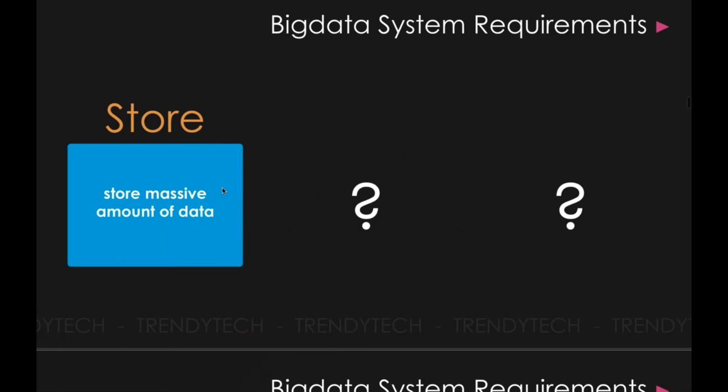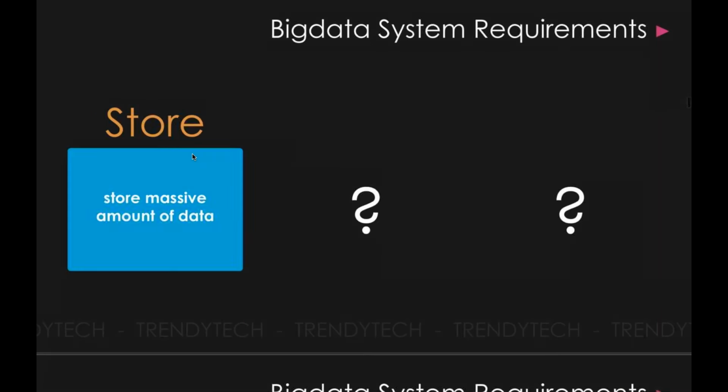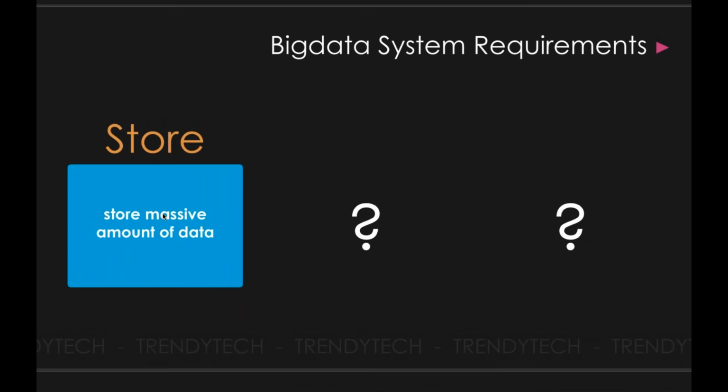So the first thing, or let's say if someone asks you, can you design a good big data system? Then the very first thing you need to worry about is storage. That means if someone is referring to big data, how will I store that big data? Because my traditional systems cannot help me out. So the first thing you need to worry about is storage. Store massive amounts of data in a proper way,